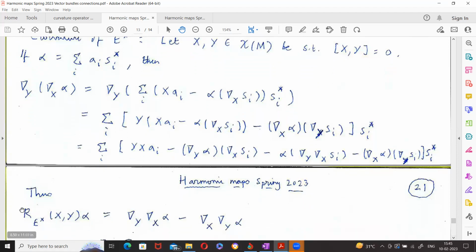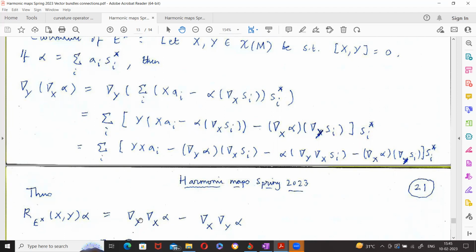So when I take the curvature of the dual bundle, R_xy alpha, what will this be? This will be nabla_y nabla_x alpha minus nabla_x nabla_y alpha. There is no bracket term, nabla_[x,y] alpha, because I've chosen x and y so that the bracket of x and y is 0. Okay. So I just get the difference of these two terms. Now,